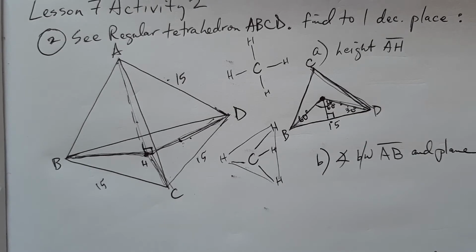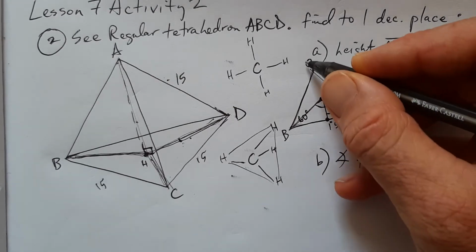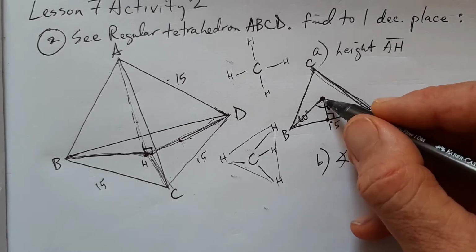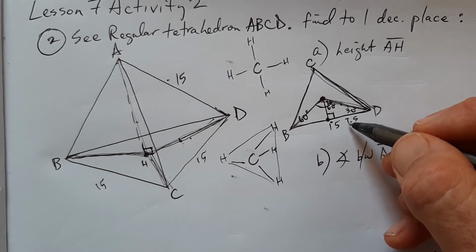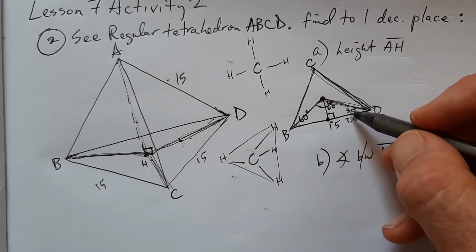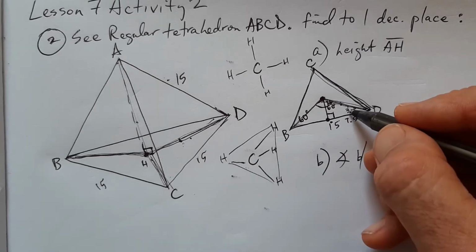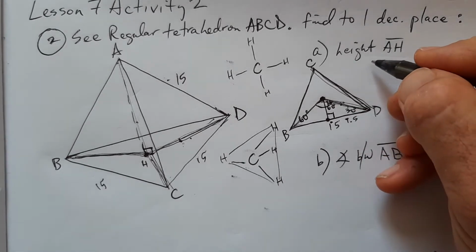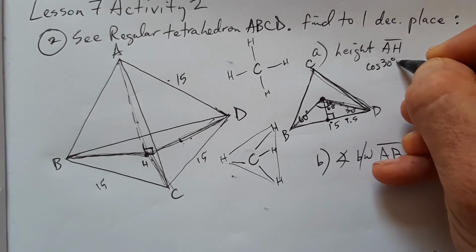And this, I'm breaking this in half, right? So this equilateral triangle is so cool. So I broke that in half. I got a 7.5 there. So this length would be the 30, 60, 90. So this would be cosine of 30. So cosine of 30 equals 7.5 over what we want. Is that confusing enough? Cosine of 30 degrees equals